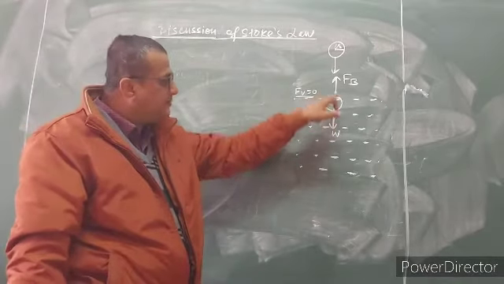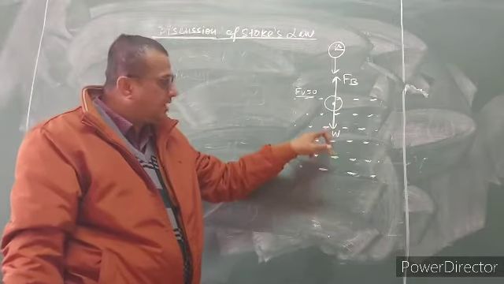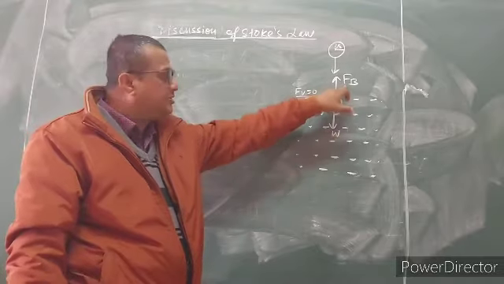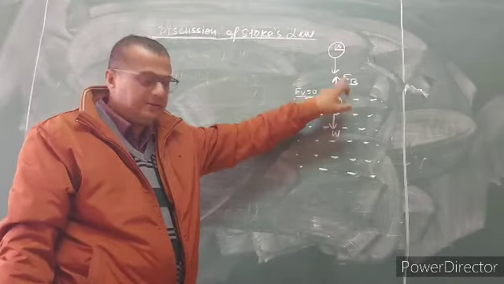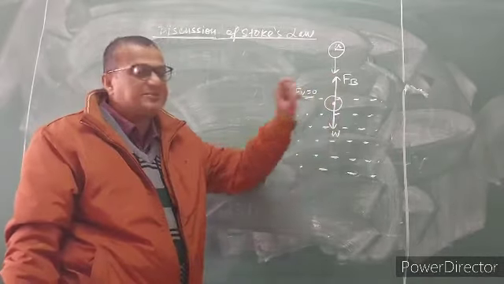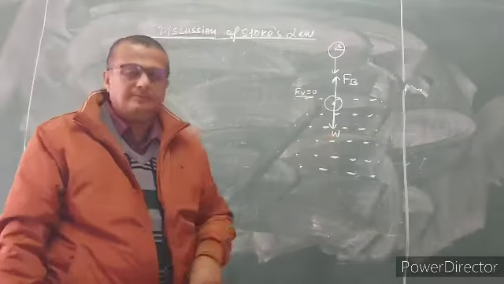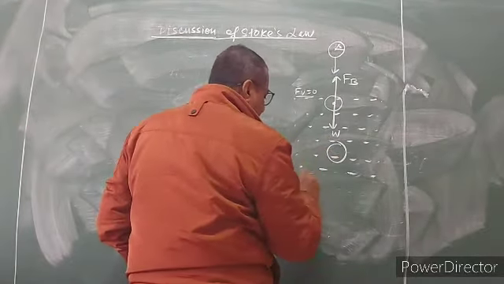Certainly there will be a difference between these two forces. Suppose W minus FB, suppose W is 10 Newton and FB is 6 Newton, then 10 minus 6 is 4. By the 4 Newton force the body goes downward,